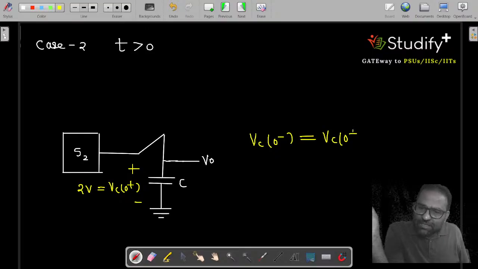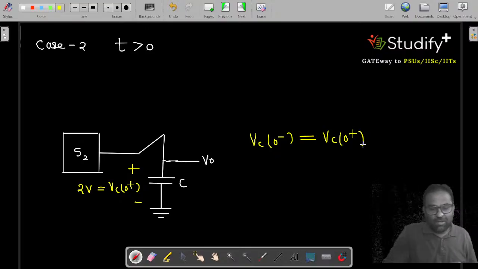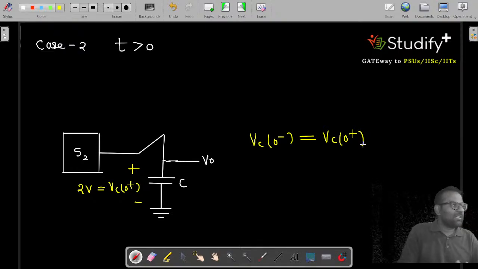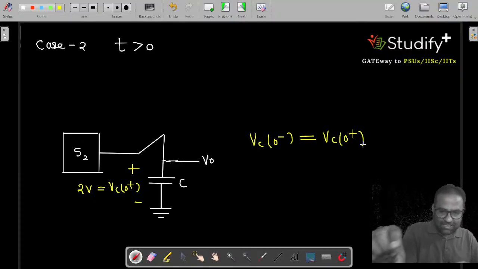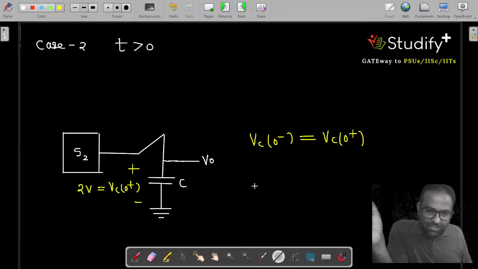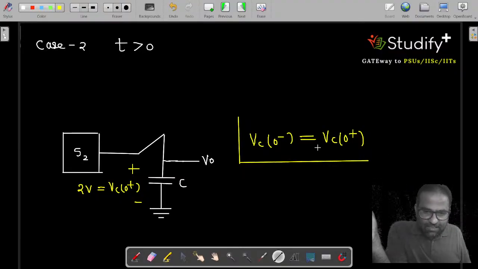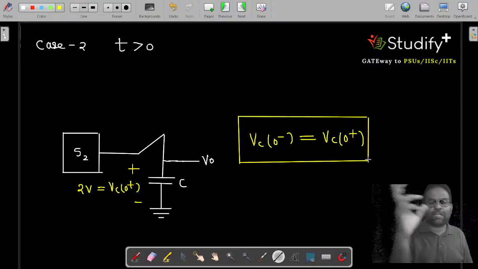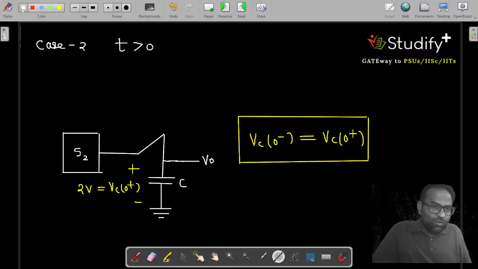And why are we doing this? We are doing this to calculate our initial condition, because whenever you have energy storing elements in the circuit, these energy storing elements form a differential equation. And to calculate the constant of the differential equation, we have to think about the initial condition. Why is it needed? In case of a capacitor, you can copy the voltage. In case of an inductor, you can copy the current. This is needed to solve,